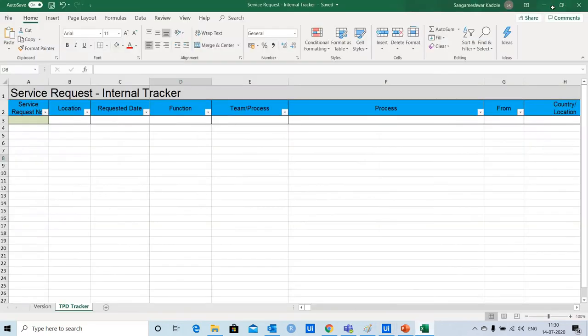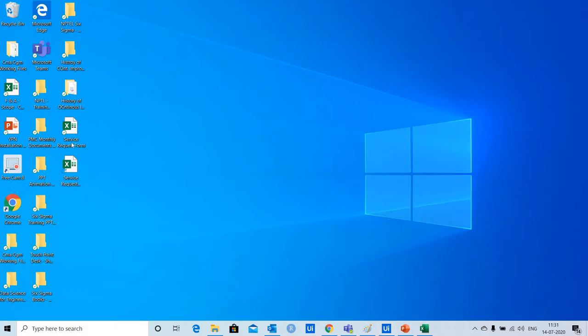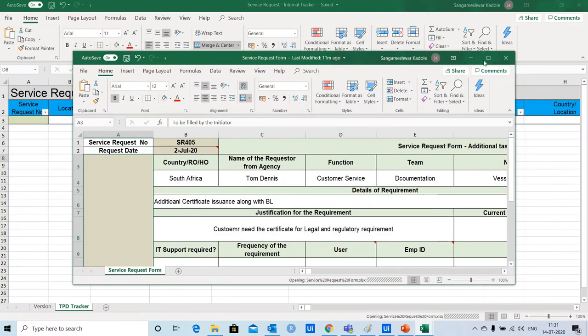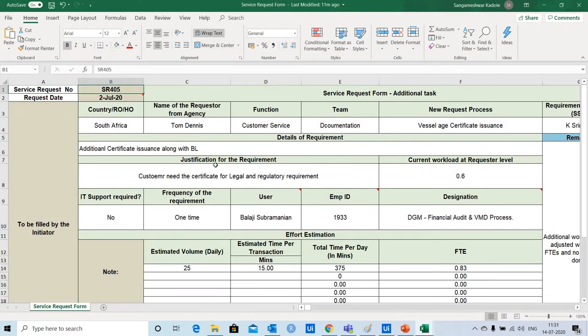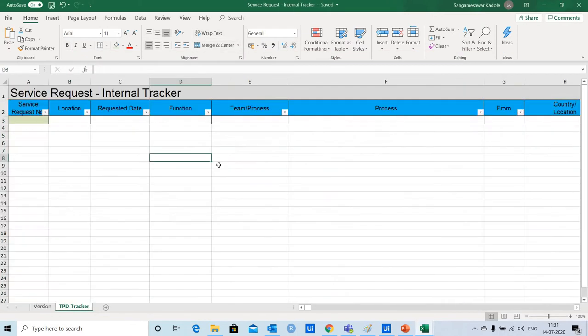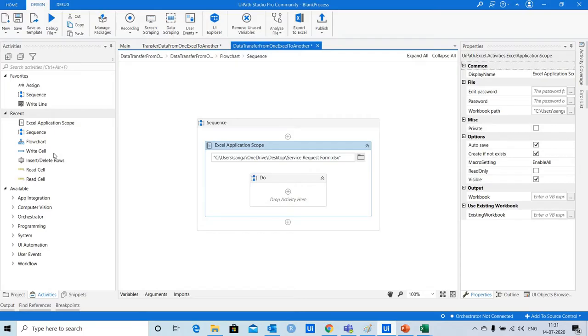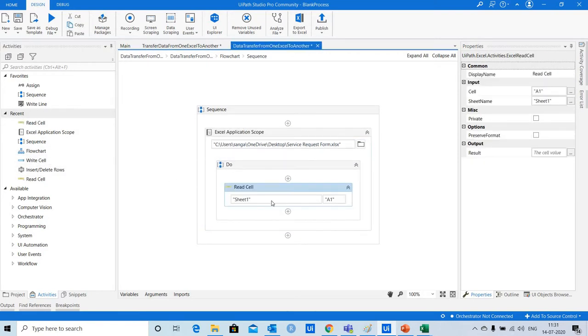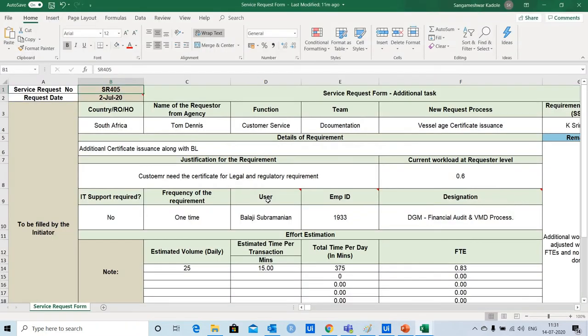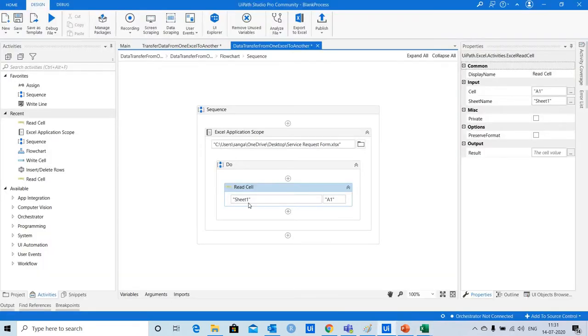So first of all, let me go back to file. I want to capture service request number first. So for that, let me go back to UiPath and use read cell activity. So I need to mention the sheet from where I want to capture the data.